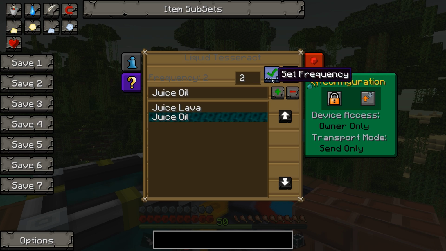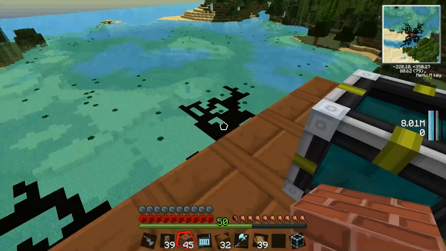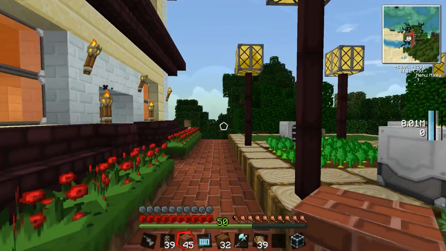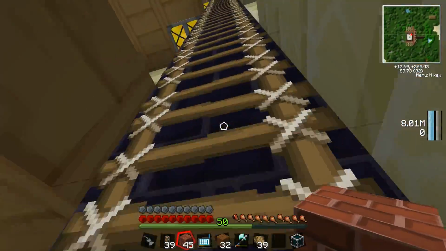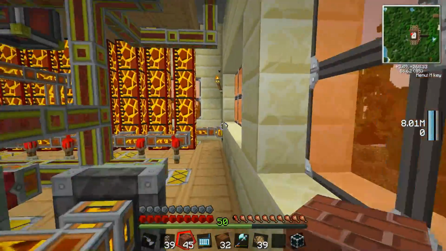Now hopefully I don't have a bunch of oil flowing into my lava tank. I better take a quick peek at that as well. But the farms are coming along nicely. I've got a massive amount of potatoes and carrots and stuff built up now. So I'm in a position now where I can pretty much throw my...